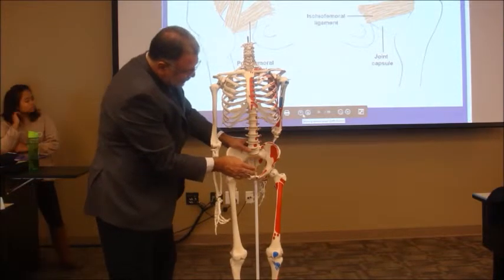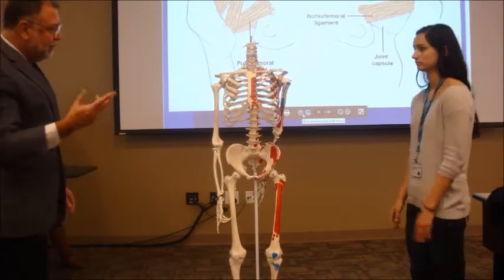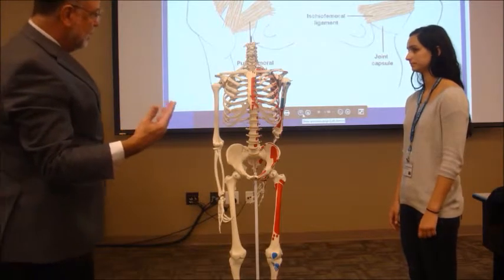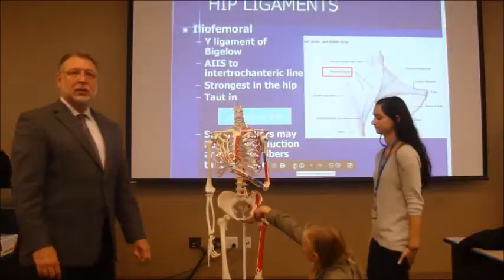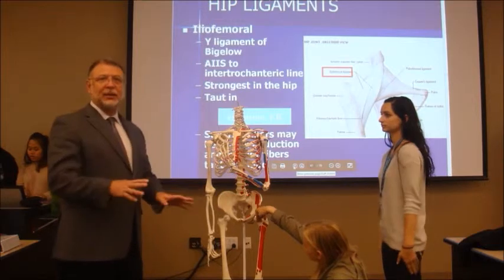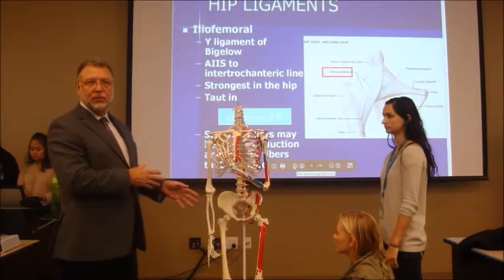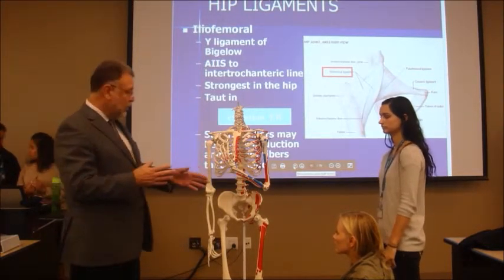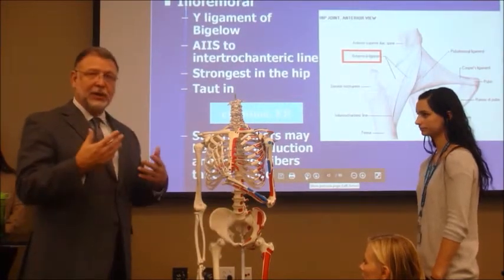So the ligaments, why don't you help me here? And what we're going to be looking at is movement and how these ligaments are either shortened or stretched with certain movements. So we're going to talk about the ligaments, and there are three major ligaments for the hip. Two of them are going to be considered more anterior, one is going to be more posterior. The strongest one, or the one that is considered to be the strongest one for the hip, it's called the